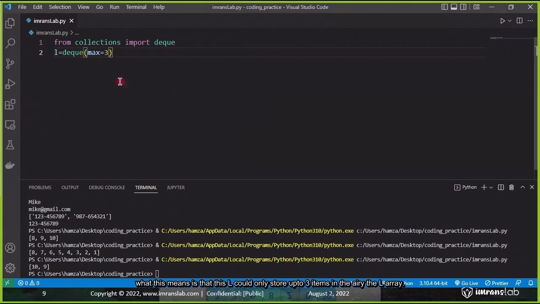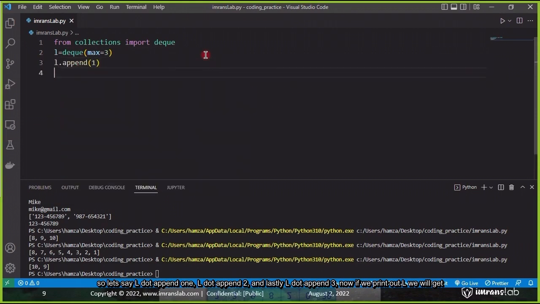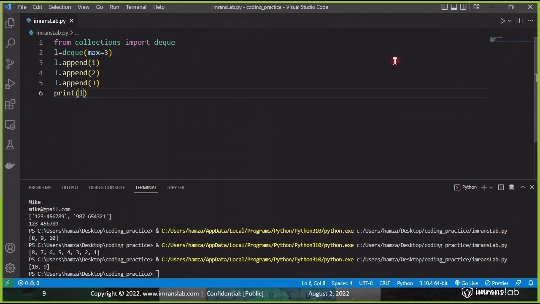What this means is that this L could only store up to 3 items in the L array. So let's say L dot append 1, L dot append 2, and lastly L dot append 3. Now if we print out L, we will get